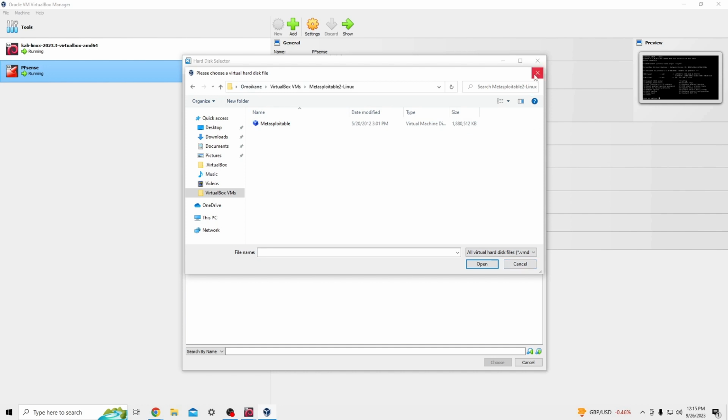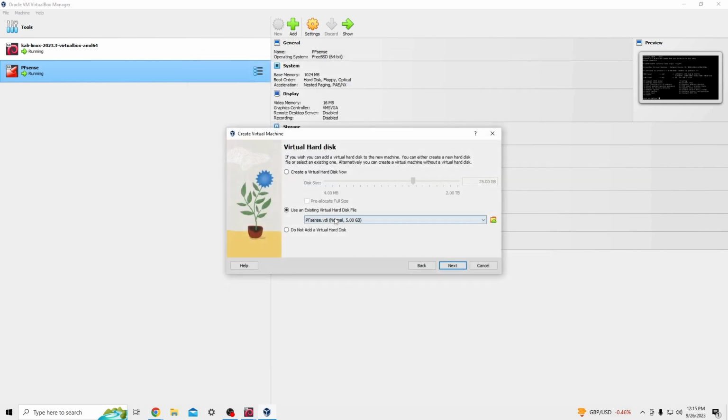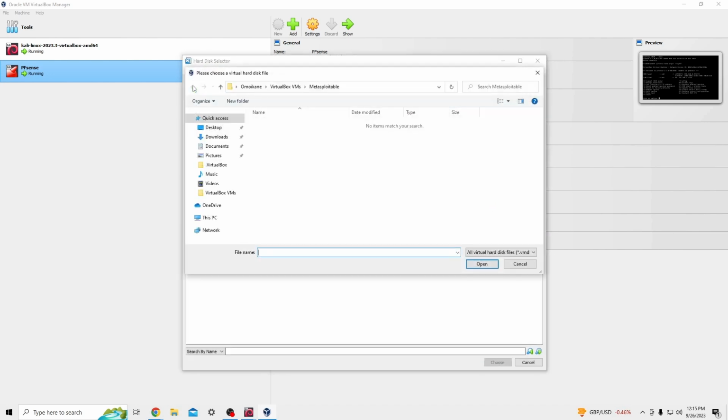Let me walk through that once more. So we're going to come here, right? You're going to come to use an existing virtual hard disk file. Then you're going to click on this folder with the arrow icon, and you're going to click Add. Then you see this is the folder for our virtual machine. We need to actually go to the file of the virtual machine archive that we unzipped earlier. So come over here to the file or folder where you downloaded those files. Should be this Metasploitable 2-Linux. Then again, blue box. Go ahead and click it, select it, click Open,